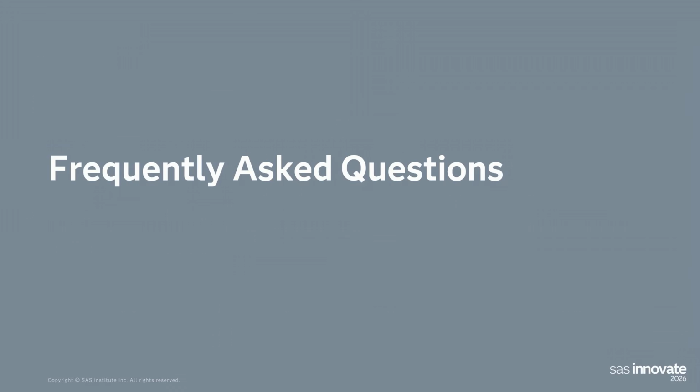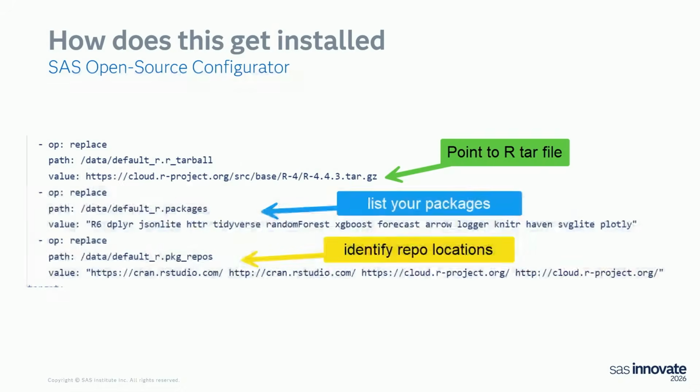So here's the question that you're all thinking about right away: what about the packages? How do we control packages? What are we sort of doing there? Well, when you install R, and by you, I mean when your administrator is setting up VIA, one of the things we have is this thing called the open source configurator for VIA. And in that open source configurator, which is literally a YAML file, which just means yet another markup language file. That's literally what YAML means, right?